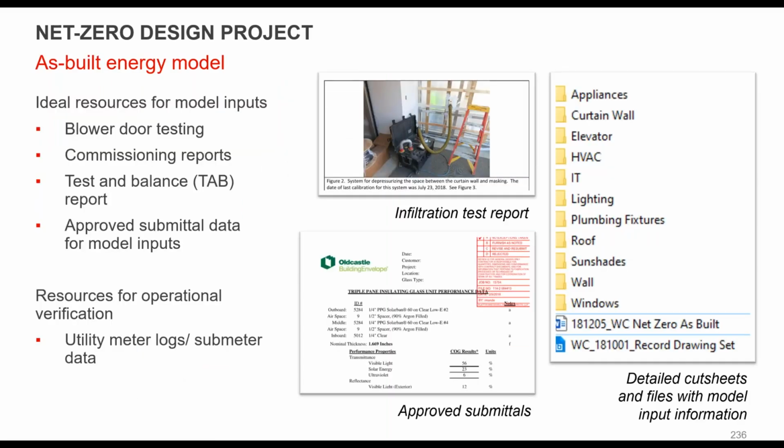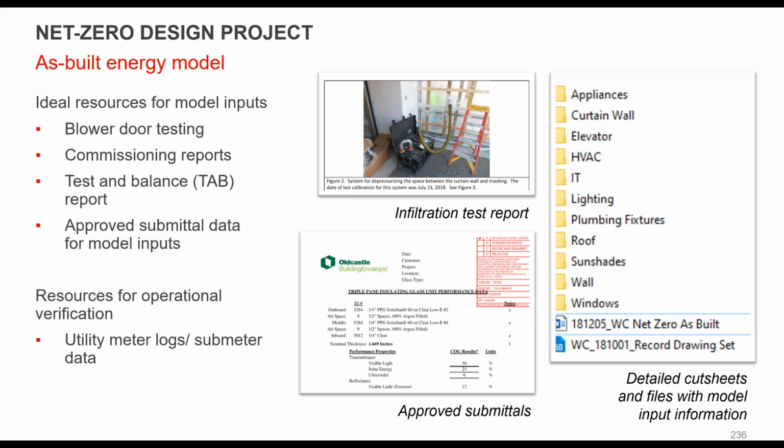Moving on past construction, we're looking at the as-built model. Now we have to basically go back and test all the assumptions we made. So we might do blower door testing. Interestingly, here in Washington, D.C. and in Virginia, next to Washington, they require blower door testing on all new residential projects. There is a maximum limit on that.